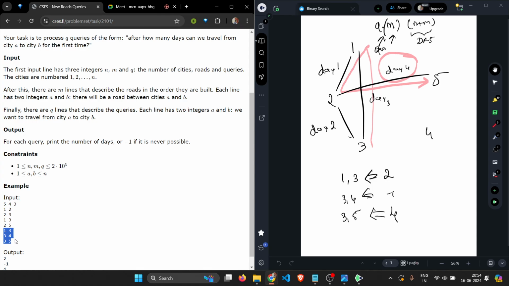Yeah, that is my solution. For each day, whatever the graph constructed, we would run the DFS checking whether the given A and B in the query are connected. Okay. Now, can you eliminate this m factor from here? Can we try to eliminate this m factor? Can we decrease it somehow